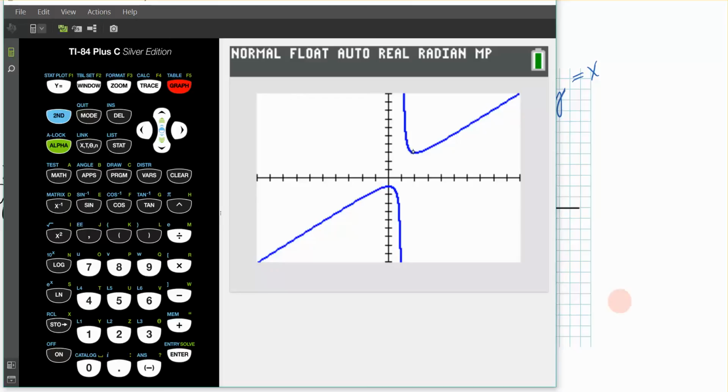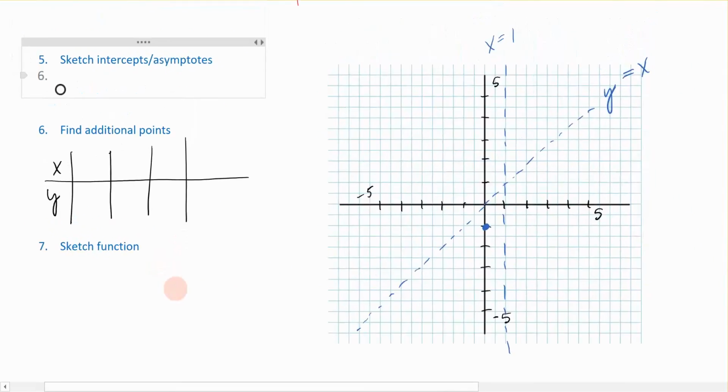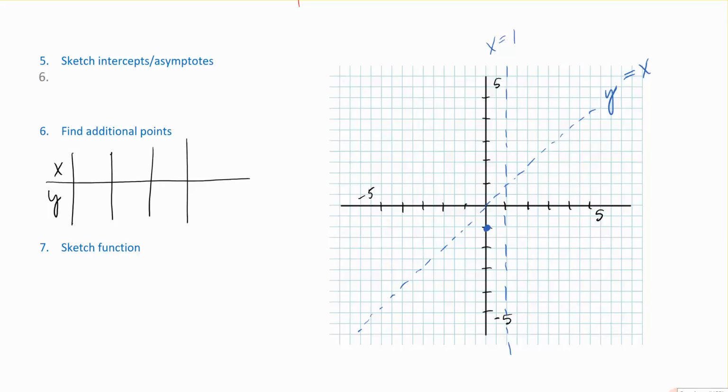Okay, so now I know how to sketch the thing, and I might be interested in that point right there, maybe that little dot that I have, which I can tell you is going to be occurring at 2, 3. I can either trace that or I can plug that value in. And so let's go now, let's find some additional points just to make this thing a little bit prettier. Okay, so I know that I have something happening here in this center section just from my graph. So what happens when I let x be equal to a negative 1, because I want to know what happens over here,